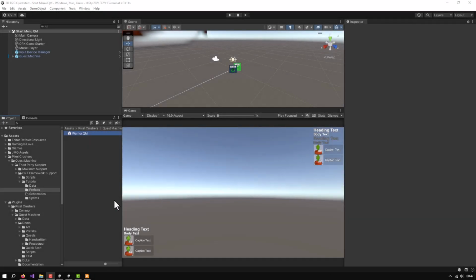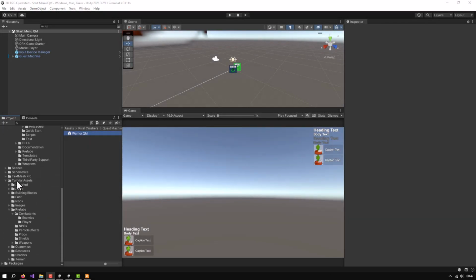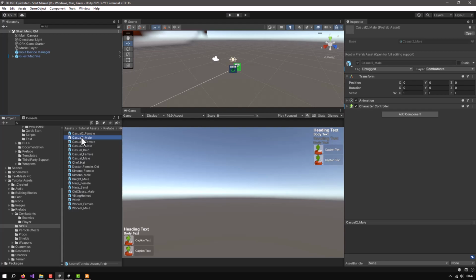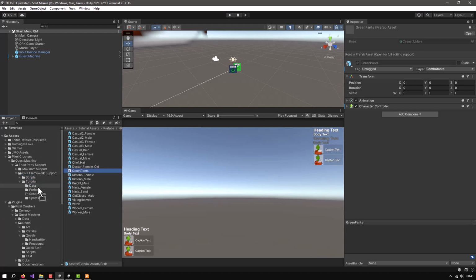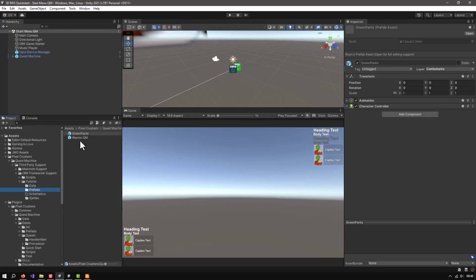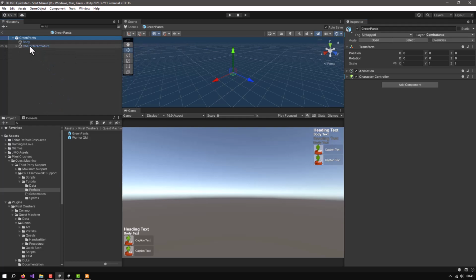For the quest giver, let's find it in the ORK Framework tutorial assets. We have here in the prefabs NPCs, and let's select the casual male and make a duplicate of it, Ctrl D. Let's rename this one to green pants, and let's drag it into our prefabs folder. Then open the prefab itself, collapse the hierarchy,